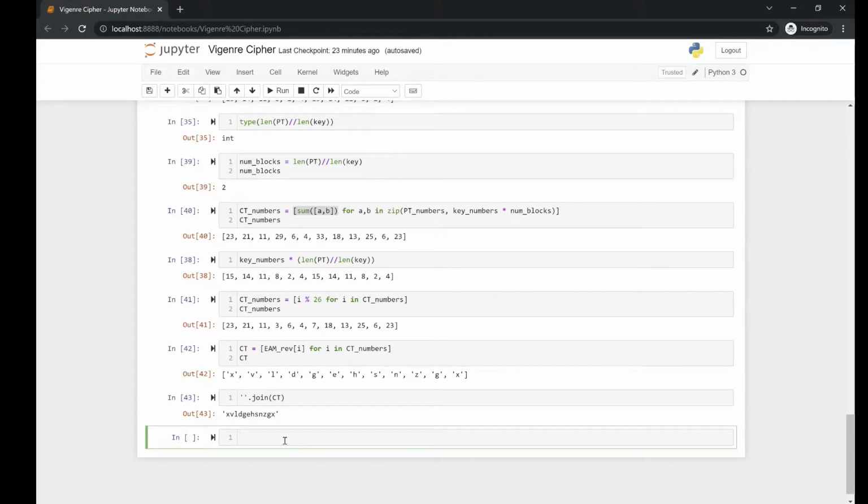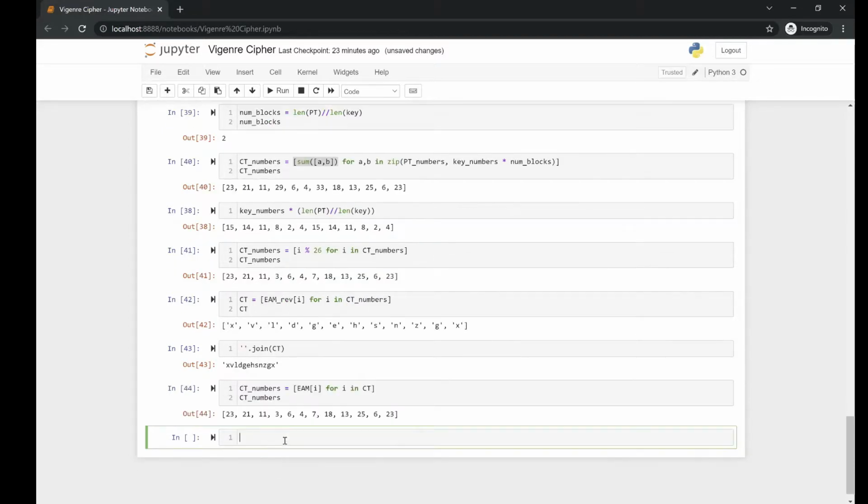So first we need to transform these values back to numbers. So CT numbers is going to be, again, we are using the dictionary method here for I in CT. We're going to display the list and we get these values back. Now we can get the plaintext values in numbers really easily by